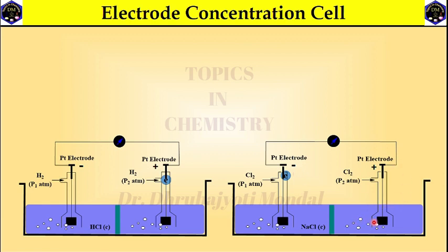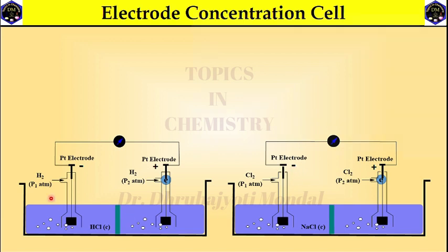And here this is the right hand half cell, and again you are passing the chlorine gas having P2 atmosphere. This is the platinum electrode. Here the reduction takes place. That means Cl2 converts to Cl minus, and so the electrode sign is positive because it acts as a cathode. You can see the electron flow occurs from negative sign to positive sign, and current flow will occur from positive sign to negative sign.